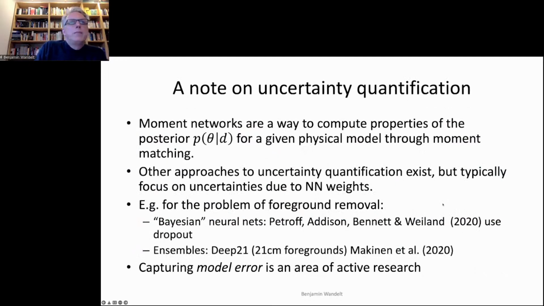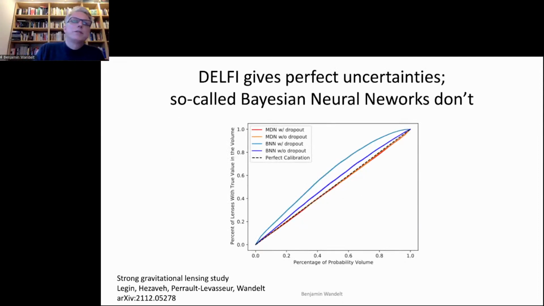Okay. A note on uncertainty quantification. I'm sure you've heard a lot about Bayesian neural networks. They do give you some level of uncertainties in your neural network outputs, but very far from actually giving you good posterior approximations. The stuff I'm talking about is designed to return to you the posterior. This basically comes up with a stochastic model for the network weights, which is not really principled. So I just wanted to highlight a paper that came out recently with collaborators at Montreal,